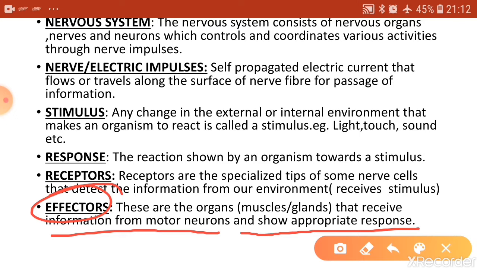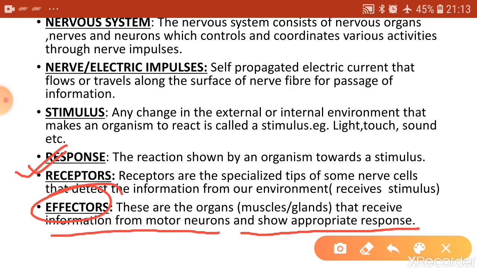Suppose there is a delicious cake lying on the table. The sight and smell of the cake will be the stimulus that will be received by the receptors. And how are you going to respond? The muscles of your legs will contract and relax, and that will help you to move towards the cake. Then you lift the cake, that will be again because of the muscles of the hands,